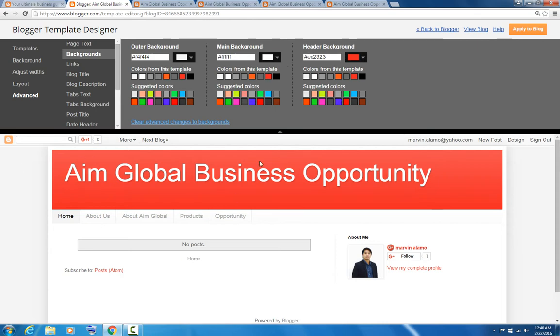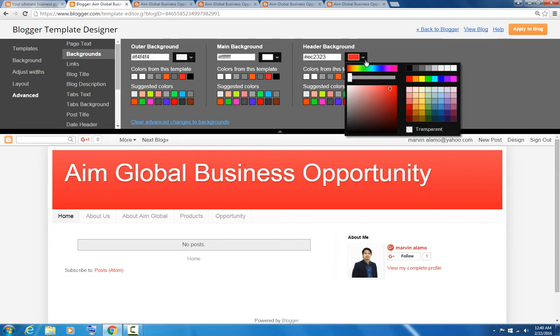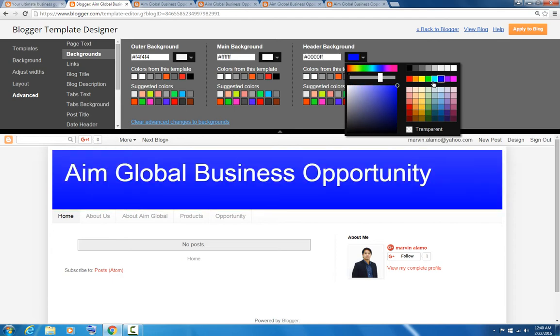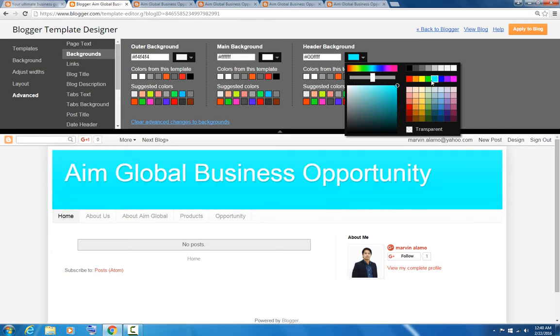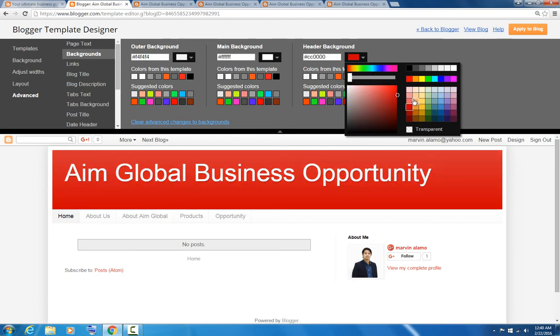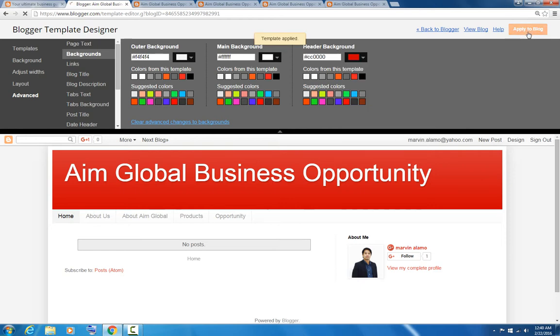Then the header background you can change also, if you want blue or light blue, or you want red. It depends on what you want. Okay, so make sure that you click Apply to Blog.